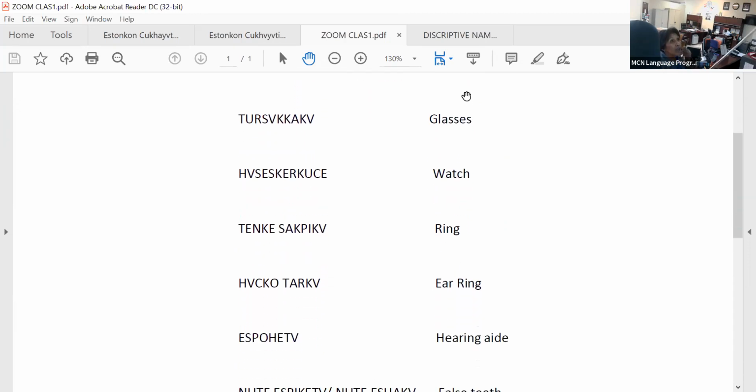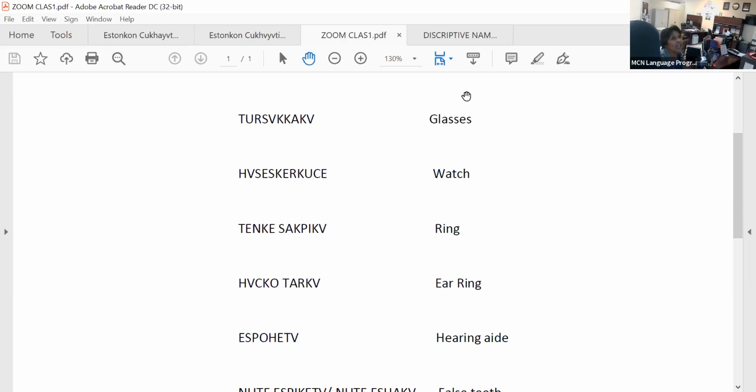Hasiskifkoji is a watch. Remember, anything that was small has the uji at the end. A clock is hasiskifka, which measures the sun, but this is a little measurement, so that's a watch. Hasiskifkoji. A ring, dingi sakpega. Dingi is short for istingi, which is ingi. Ingi is the base word for dingi. Sakpega means you put your finger or your hand into a ring. Okay, into the ring.